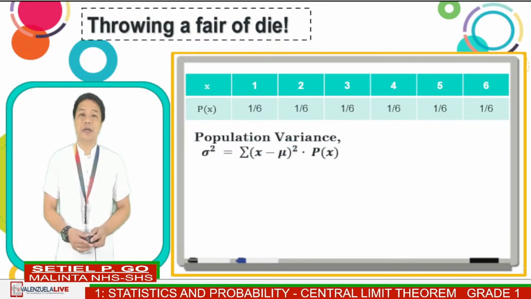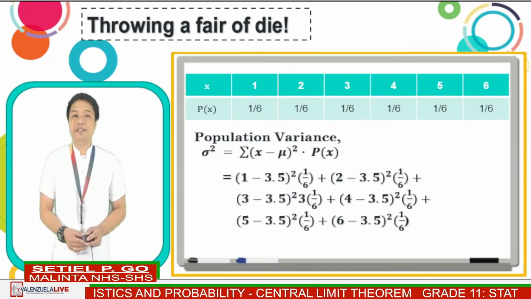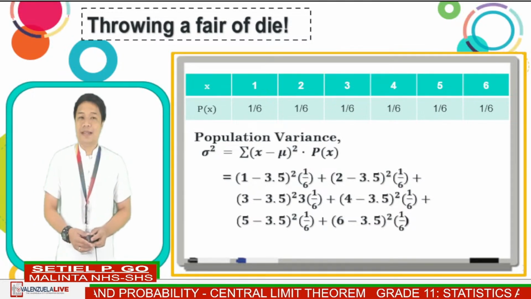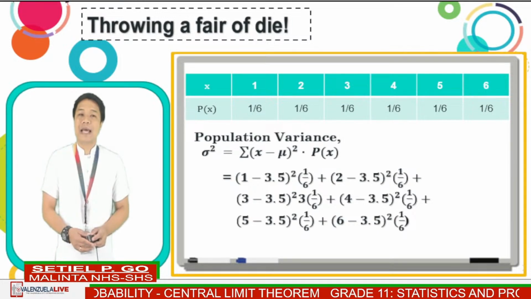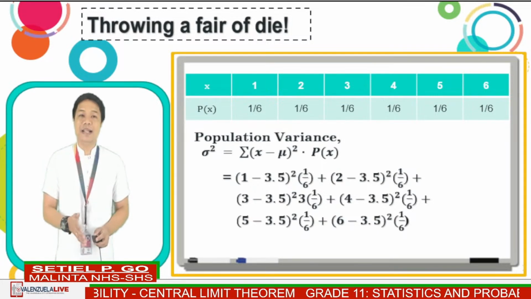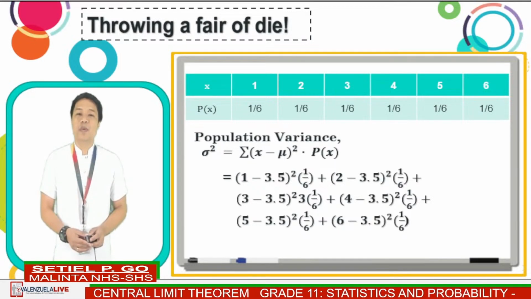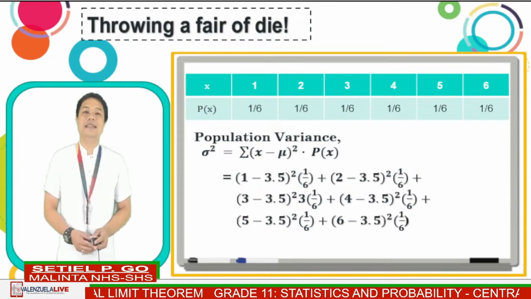So if you substitute, we'll have quantity 1 minus 3.5 squared multiplied by 1 over 6, plus quantity 2 minus 3.5 squared times 1 over 6, until quantity 6 minus 3.5 squared times 1 over 6. If you compute, the result is